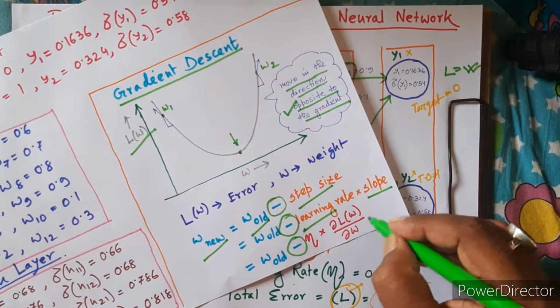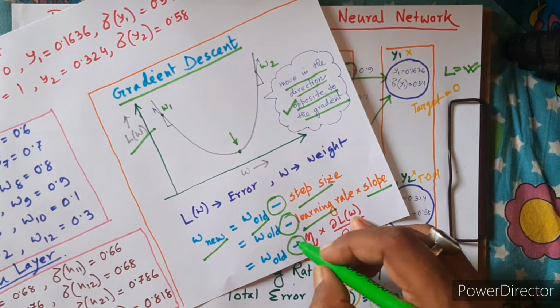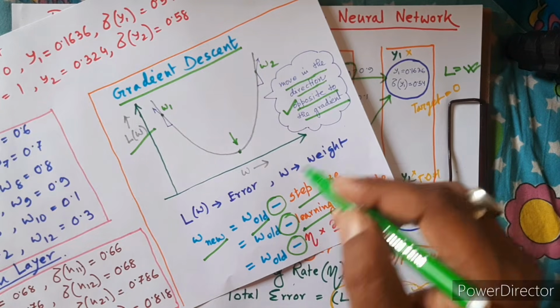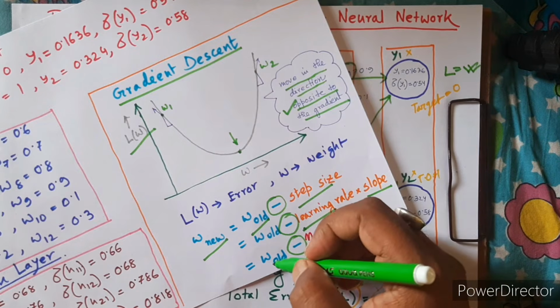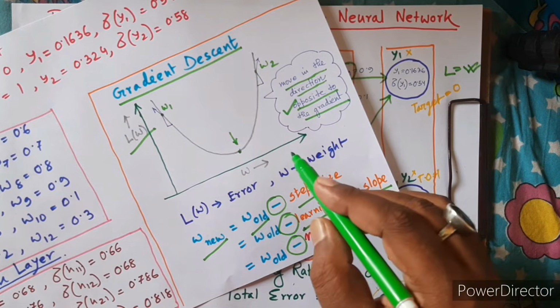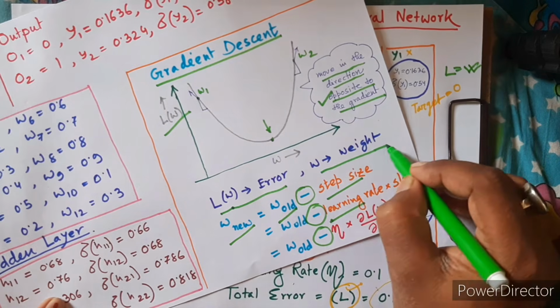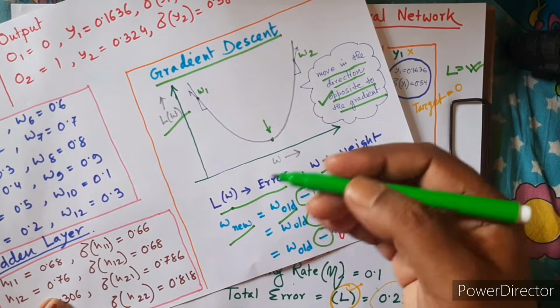So the derivative is delta L with respect to that particular weight, and negative is because you are moving in the direction opposite to the gradient, and then you are subtracting it from the W old. If L is the error and W is that particular weight, that is how you are deriving the new weight for